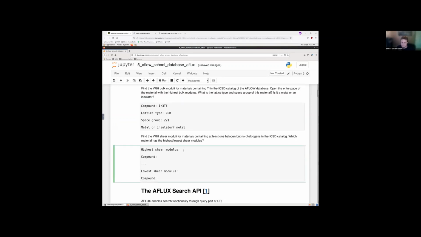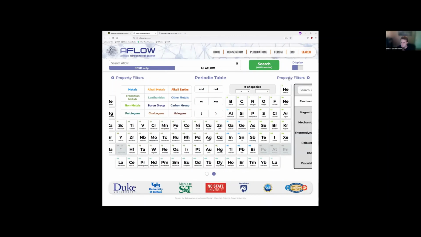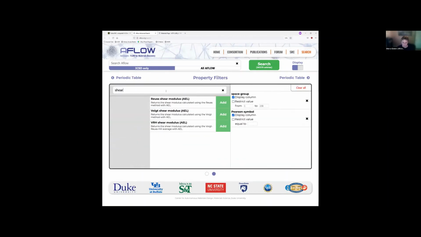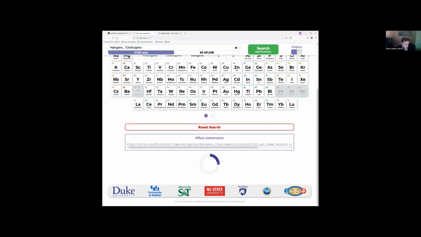Then lastly, it was a little trickier. Finding the shear moduli for materials containing at least 1 halogen but no chalcogens in the ICSD catalog, and then sorting them. For that, let's reset the search again. We want the shear modulus, and now how do we select the properties? So we have these handy buttons here. We can use them just as easily as we can for any other elements, and